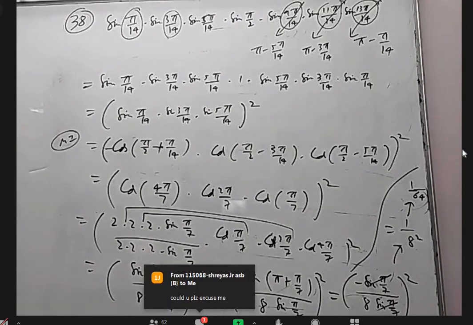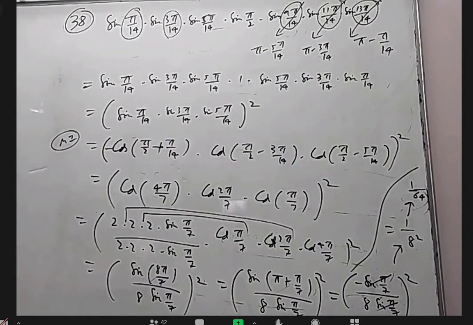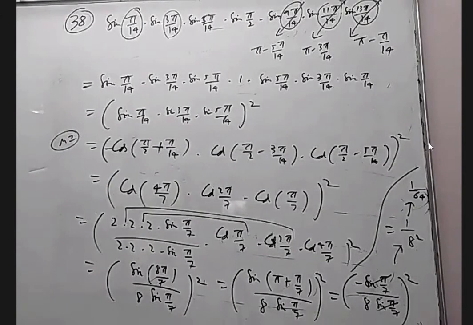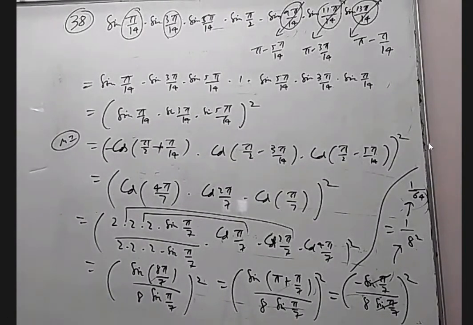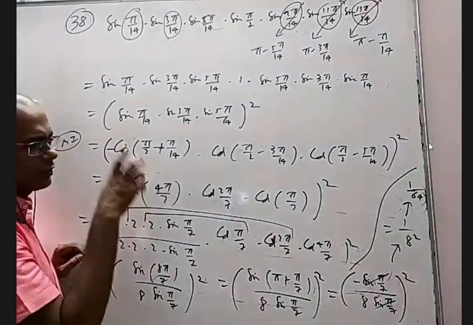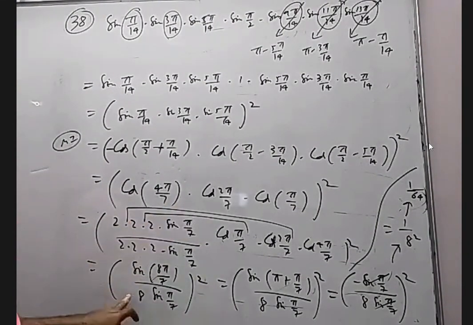Sir, can you explain the last two steps? Sir, I want it from cos 4 pi by 7 next step, sir. See, these three are there. For this is double. For this is double. We have a formula for it. In fact, after one next question is that on the screen, I'll show you. I can use that formula directly. I can go from here to here.